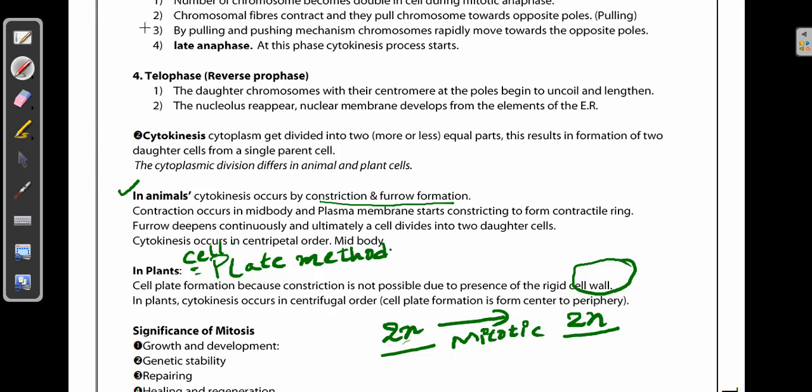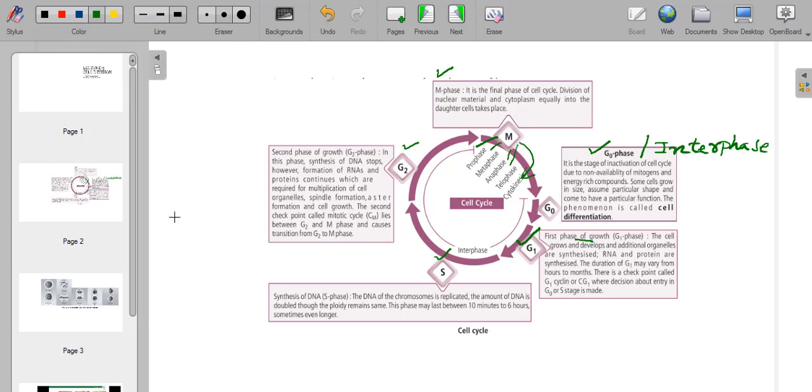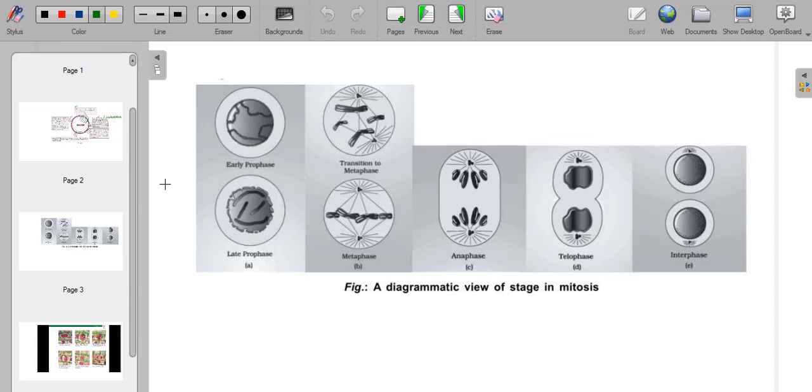Now let us look at some of the visuals before I close the lecture. I end the lecture here. Maybe some books even claim early prophase, late prophase, early telophase, so we can divide the stages even more. First let us look at the early prophase.